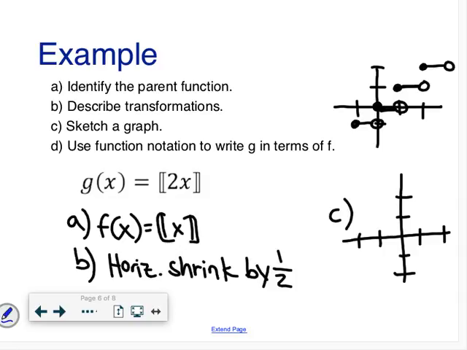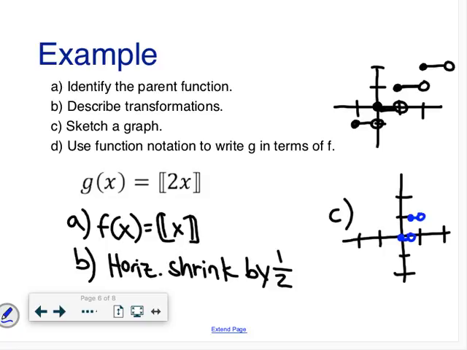So when I horizontally shrink it, it's not going to change its starting point. It's still going to be at 0, 0. But instead of going all the way to 1, I'm only going to go to 1/2. It's going to be shorter. There's an open circle. Right above that at 1/2, that's when I jump up 1. Okay, so there's going to be a closed circle at (1/2, 1),